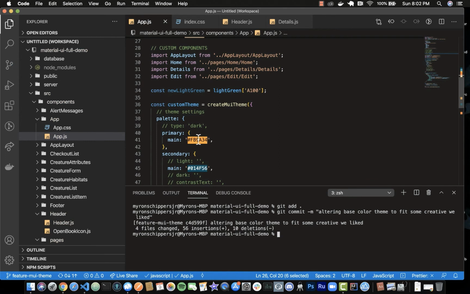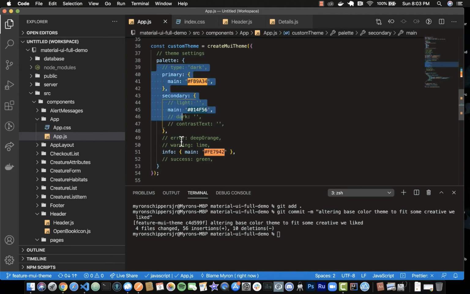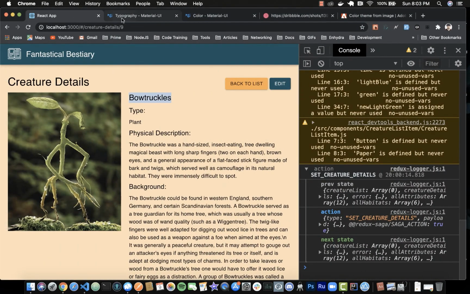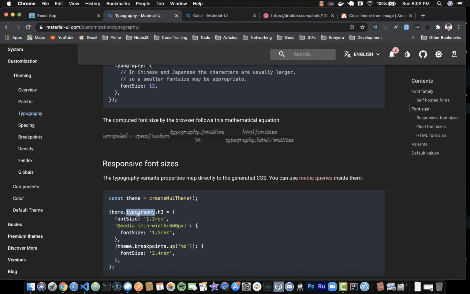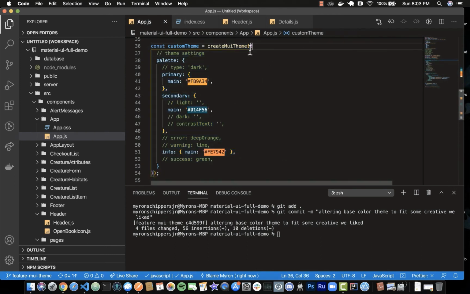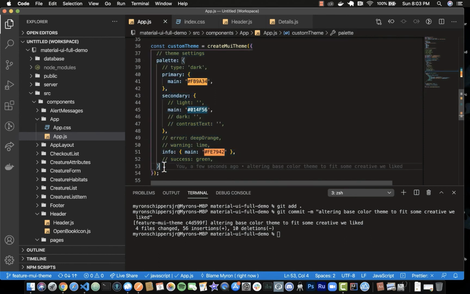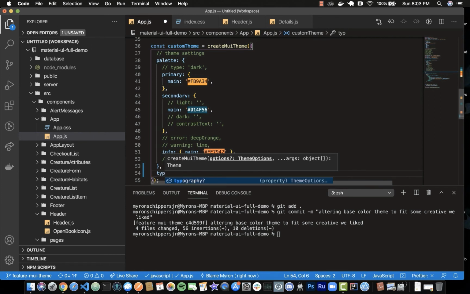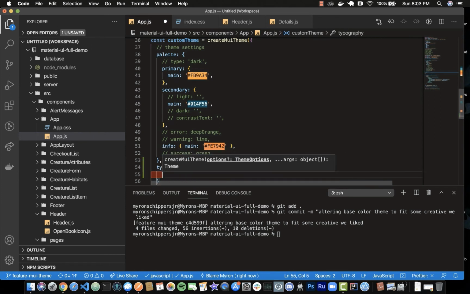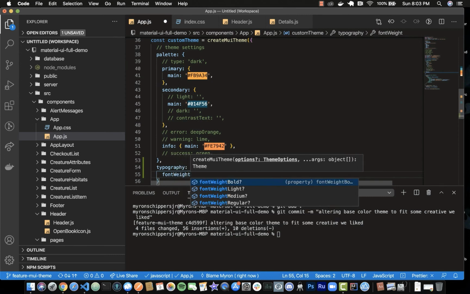All right, so we've got that. Now, we want to come in, and this is no longer in palette. Because I want you to take note of what it had here, theme.typography. So this is at the first level of our theme being the configuration that we have here for this object. Right? So this object represents theme. So it was theme.typography, so we actually need a typography property on here. Now we could do something like, just to show you, we could do font weight